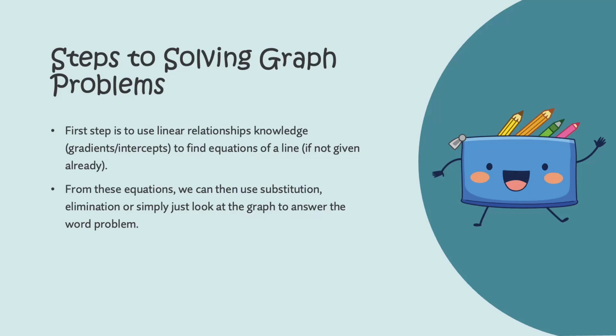Using gradients, we know how to find gradients using the gradient formula, and finding our intercepts. Once we've done that, we can find the equation of a line if it's not given already, and then we can either use substitution or elimination to solve those problems algebraically, or sometimes simply looking at the graph and making an inference is enough to answer the word problem itself. So we're going to have a look at an example here,